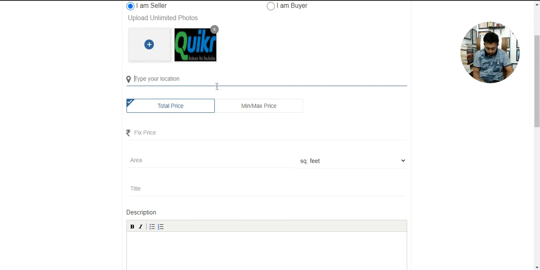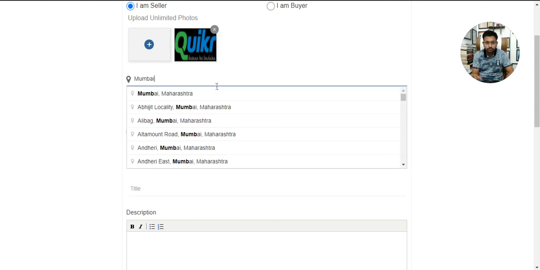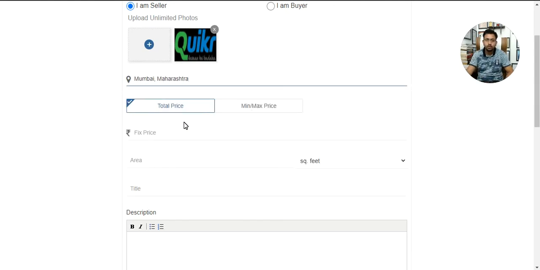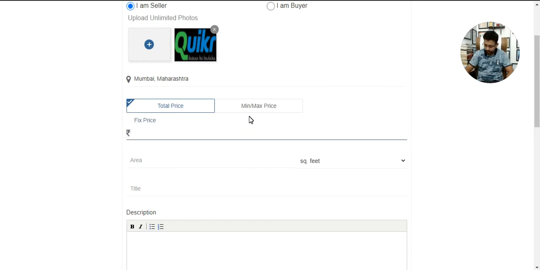Here I'll put Mumbai, Maharashtra. Total price, let's say 5 crores. House for sale we have chosen, and 4, 6, 7. Area in square feet, it is asking, 2000 square feet.